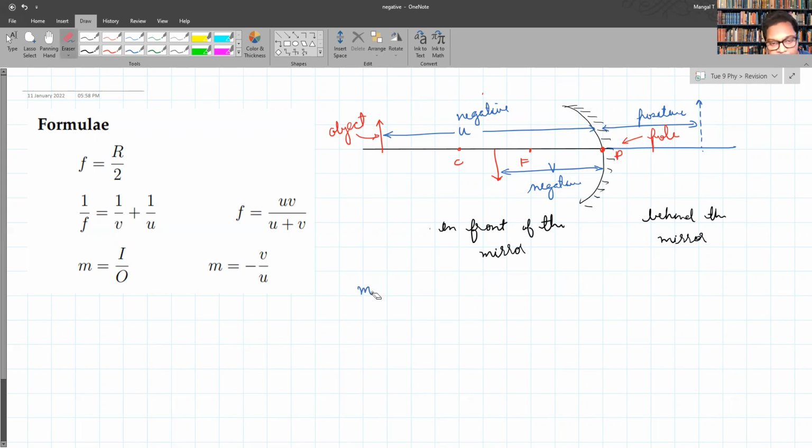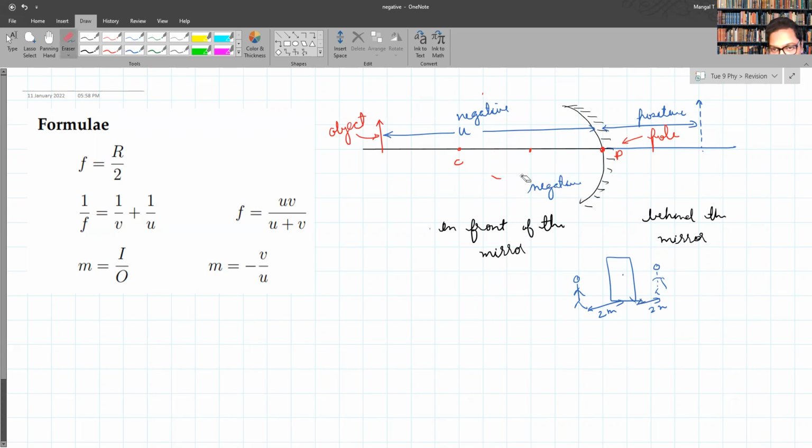Like, the image is formed on the mirror only, no? The image is formed here, not on the mirror. When you are standing 2 meters in front of the mirror, a virtual image is formed 2 meters behind the mirror. It's not formed on the mirror. So that will be a virtual image. So what is the real image then? Yeah, this is a real image.